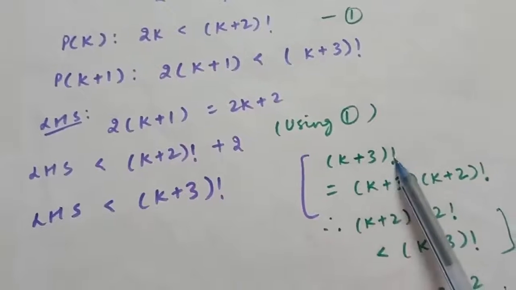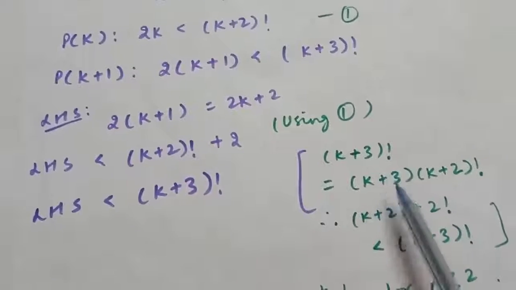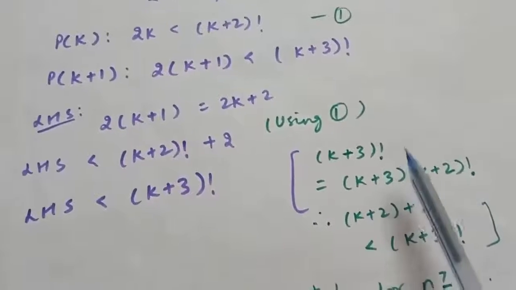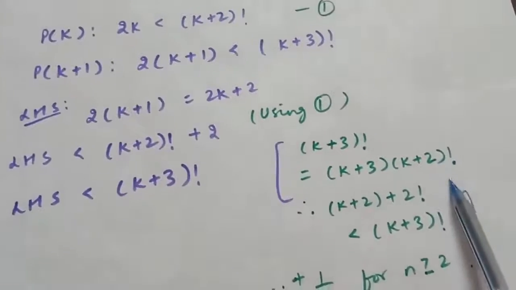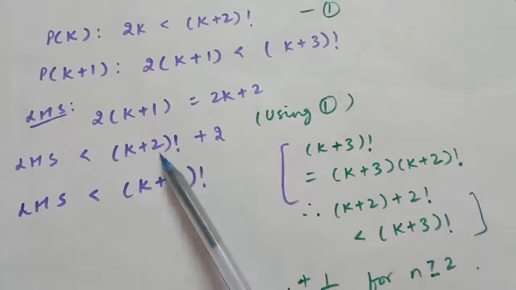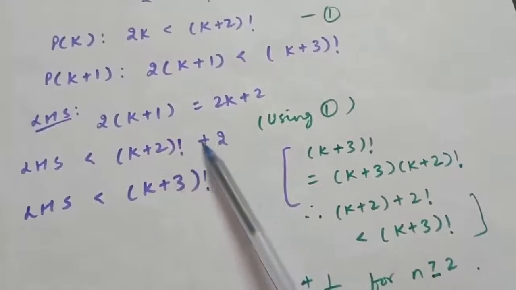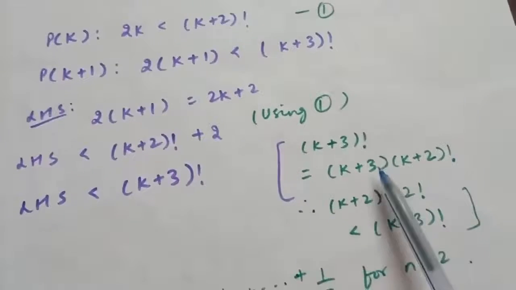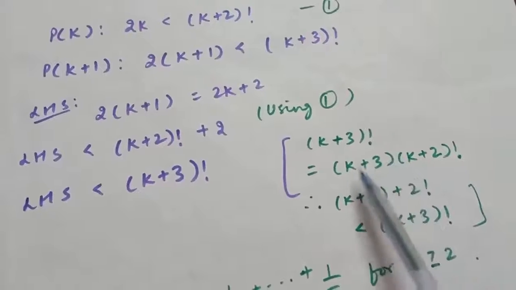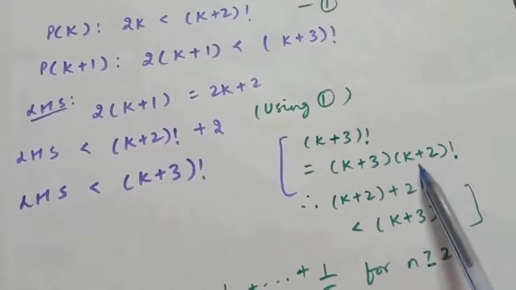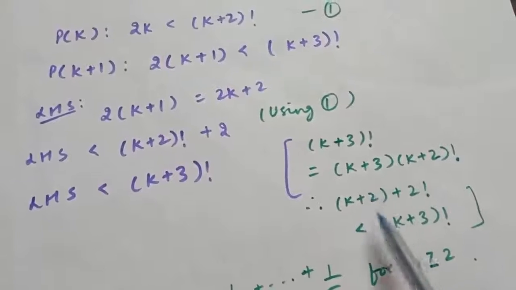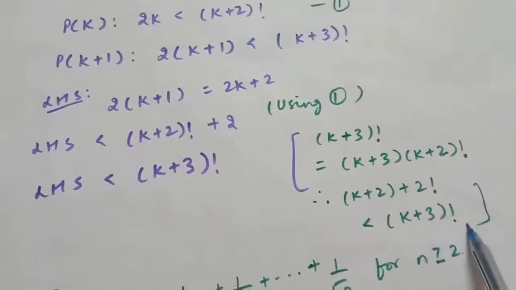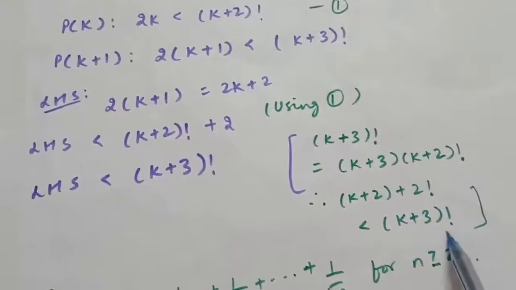So (k+3) factorial, we can write it as (k+3) into one number less than this, that is (k+2) whole factorial. So see here, with (k+2) factorial, we are adding 2. And here we are multiplying (k+3) with (k+2) factorial. So obviously this will be less than (k+3) factorial for all k belongs to